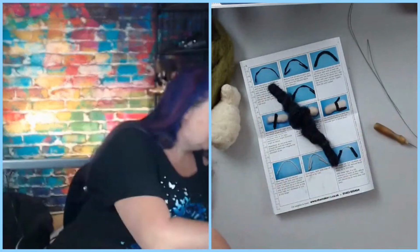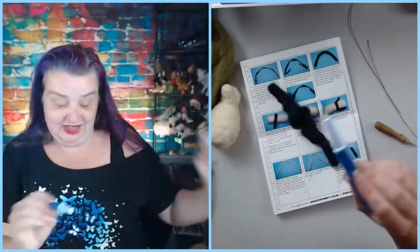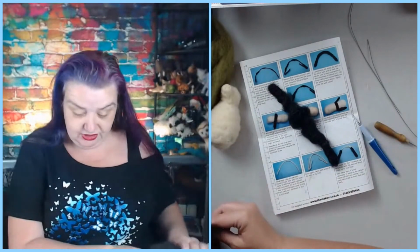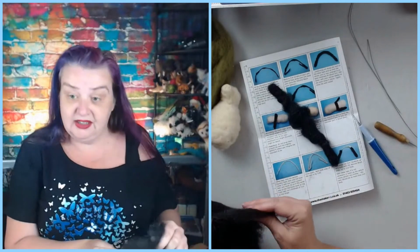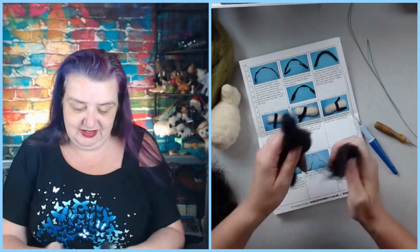In fact, I thought I did. I have my 3-needle tool, so that'll just speed things along. I should have done that like 20 minutes ago, shouldn't I? Yeah. But yeah, just